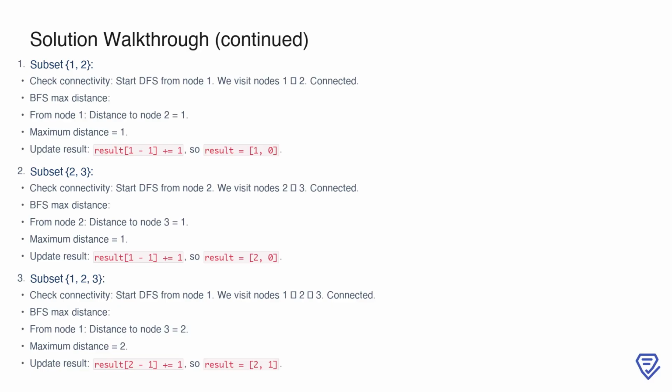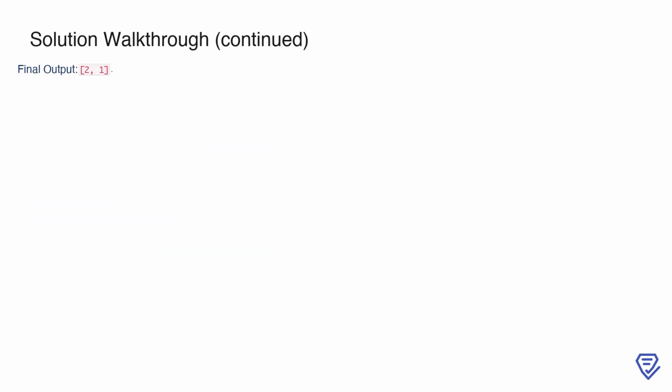yielding 2, 0. For subset 1, 2, 3, DFS starting at node 1 confirms connectivity, visiting nodes 1, 2, and 3. The BFS determines the maximum distance is 2, from node 1 to node 3. We update the result array at index 1, resulting in 2, 1. After processing all subsets, the final result for this example is 2, 1. This tells us that there are 2 subtrees with a maximum distance of 1 and 1 subtree with a maximum